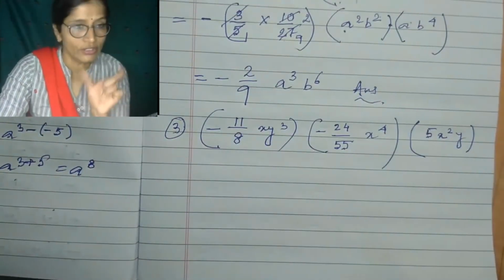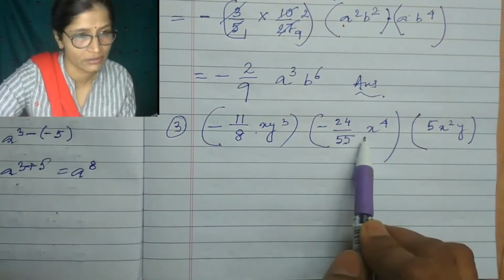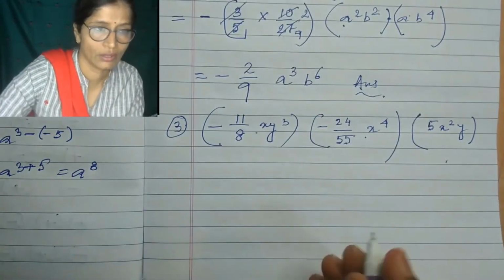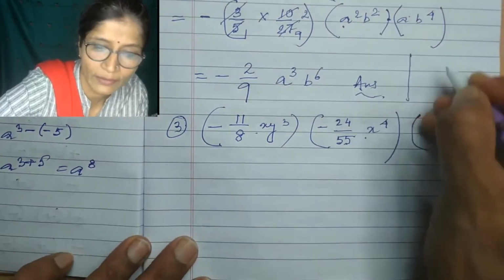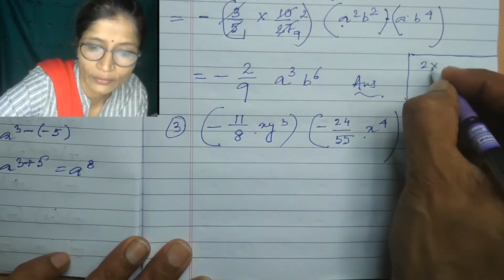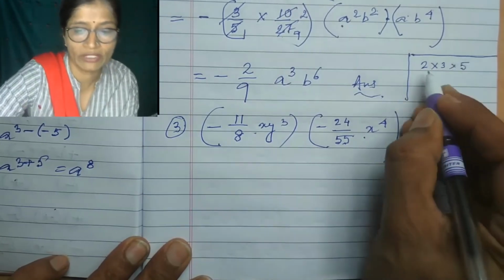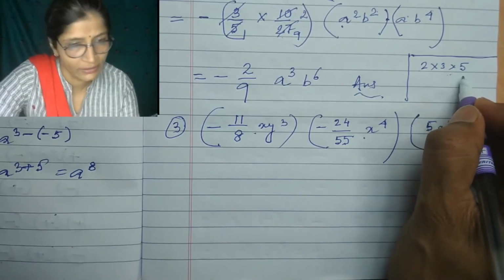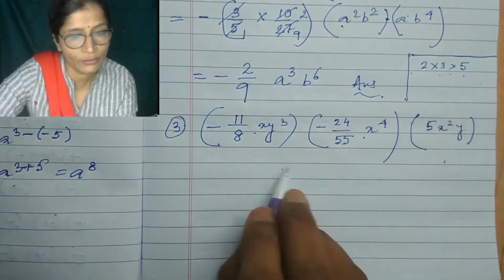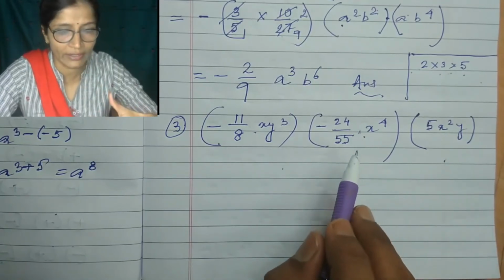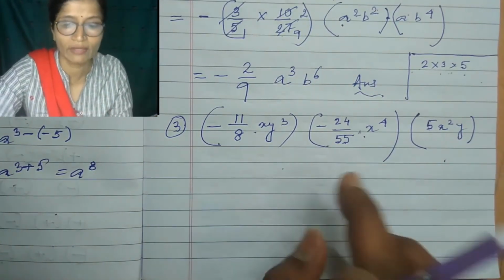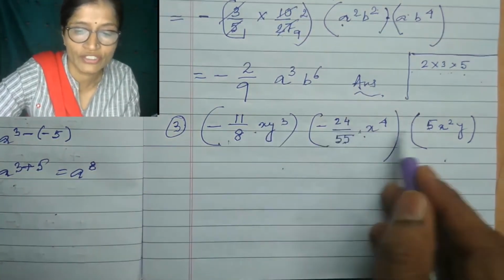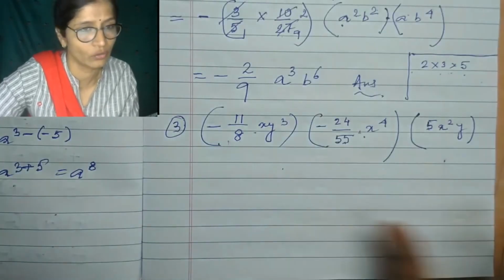3 terms are there. So either you can first multiply with this and then whatever you are getting, multiply that with this. Like in maths, for example, 2 into 3 into suppose 5 is there. You multiply 2 with 3, 2 3s are 6, and 6 5s are 30. So step by step you are doing. Here also you can do this into this, and then whatever result you are getting, multiply that with this. Or you can multiply all the numerical coefficients together and all the literal coefficients together.